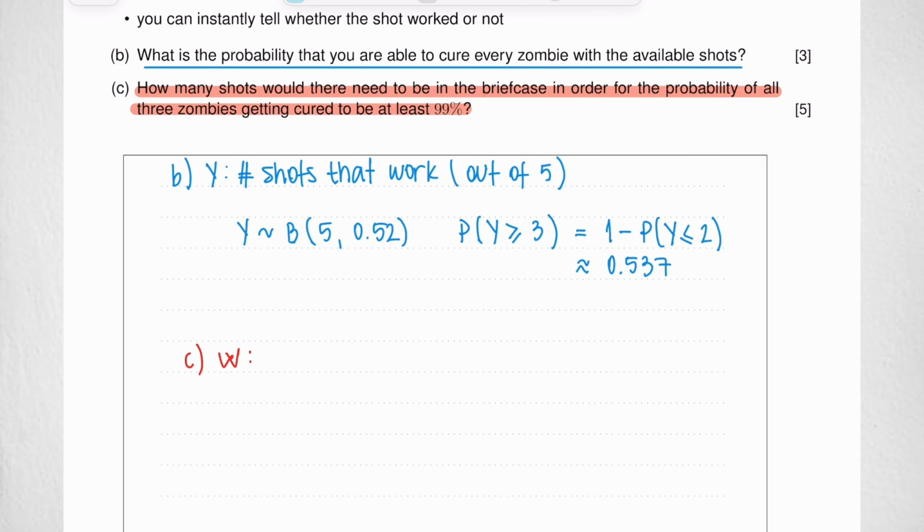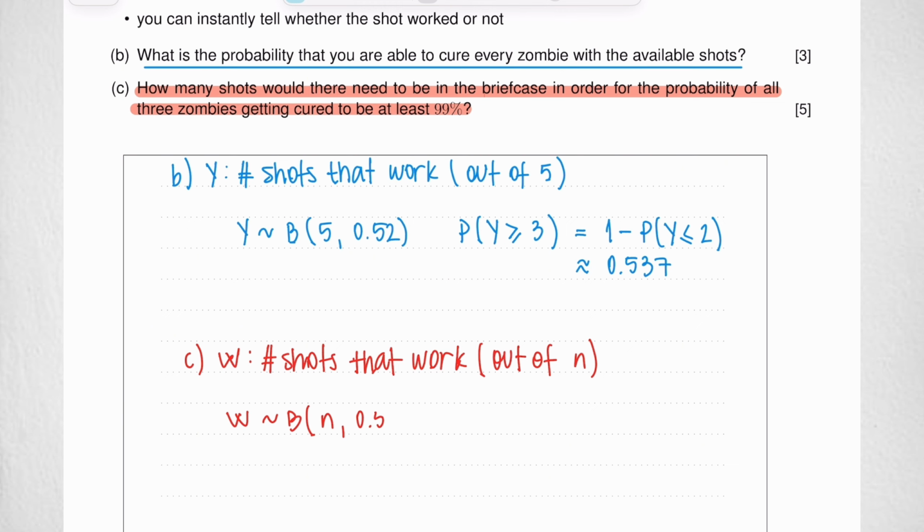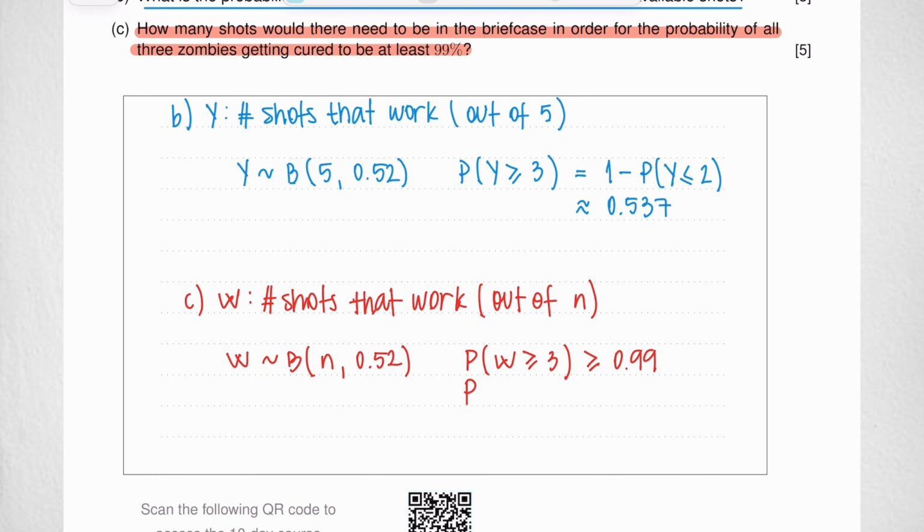Let's define a new discrete random variable W, which is the number of shots that work, but right now it's out of n, and we're going to calculate n. Our W is also a binomial distribution, n, 0.52. And we would like the probability of W being greater than or equal to 3 to be at least 99%, so 0.99 or more. Which, by the way, means that W being less than or equal to 2 should be